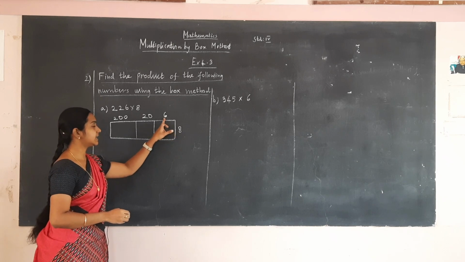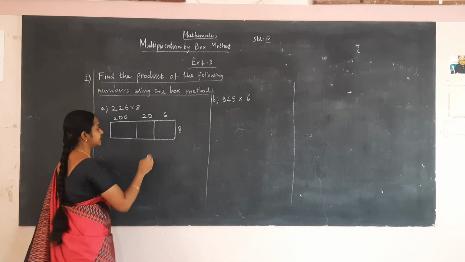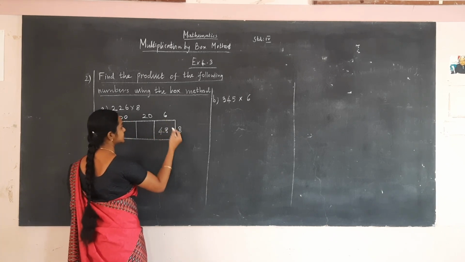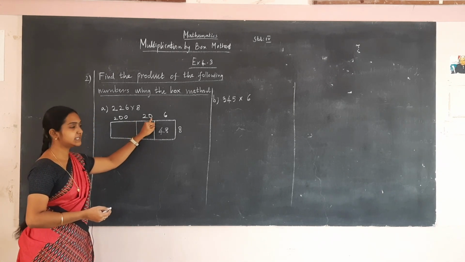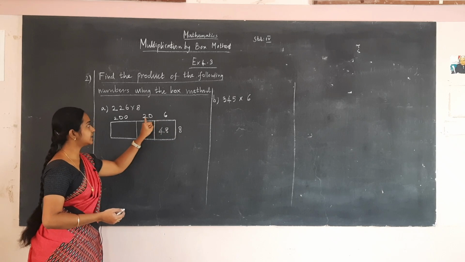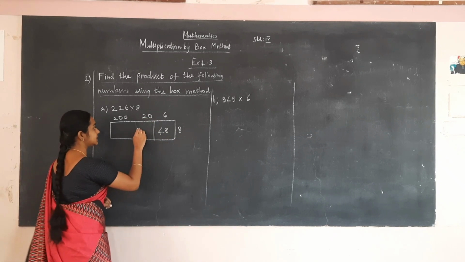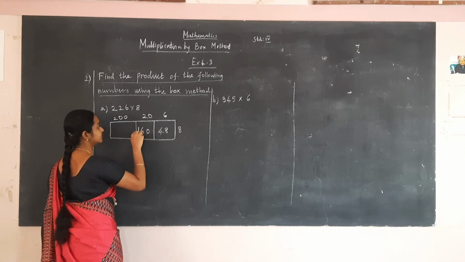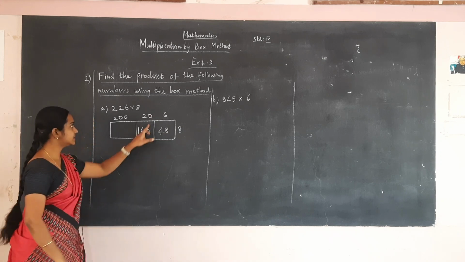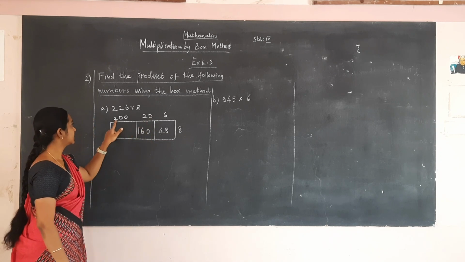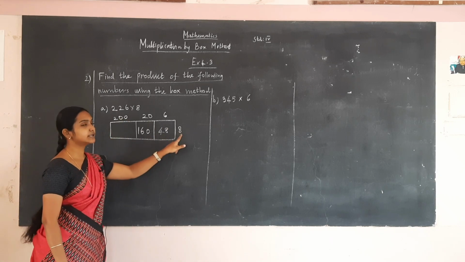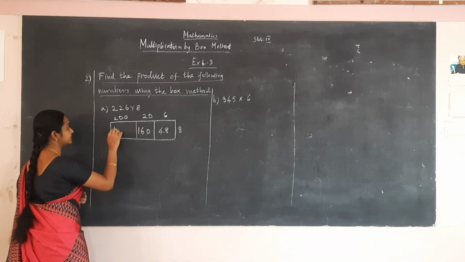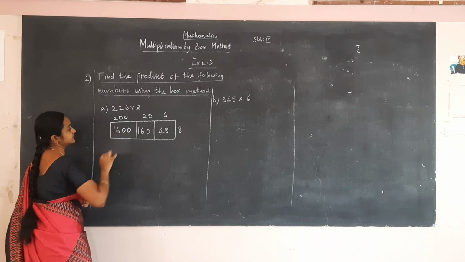Multiply 6 and 8. 6 8s are 48. So write 48 in the first box. In 20 we have 1 0. Skip that 0 and multiply 8 and 2. 8 2s are 16. Now add 1 0. We have added the 0 in the 20. Here we have to skip 2 zeros and multiply 8 and 2. 8 2s are 16. Add 2 zeros.